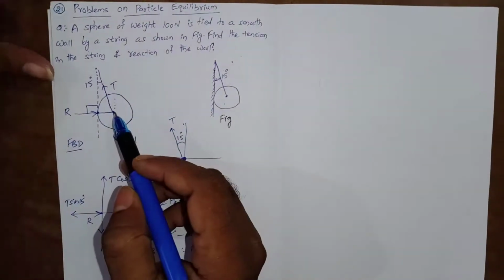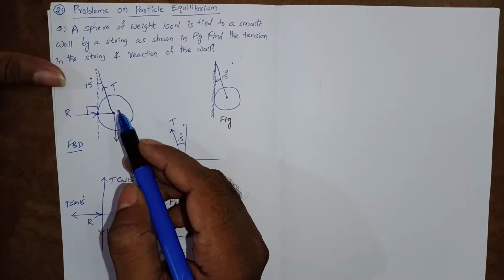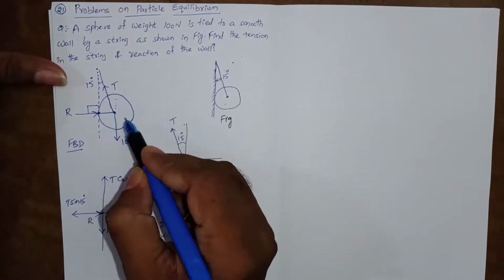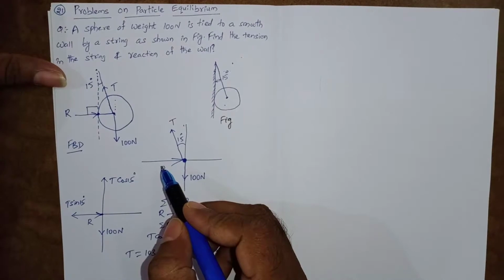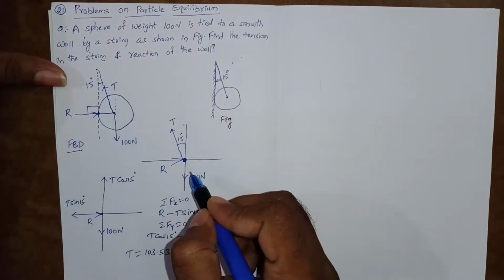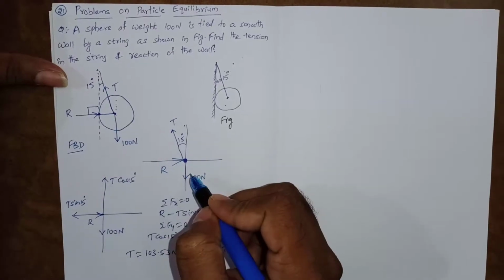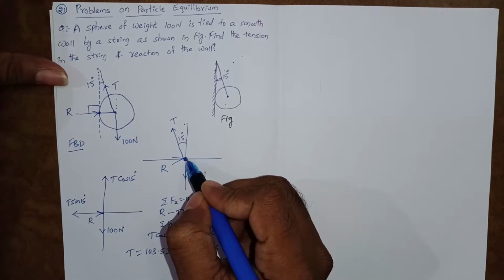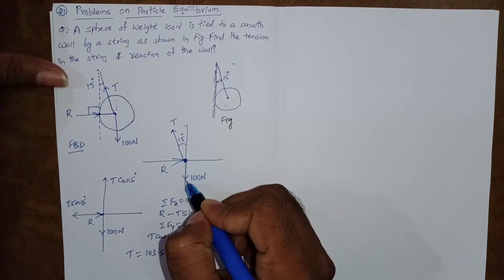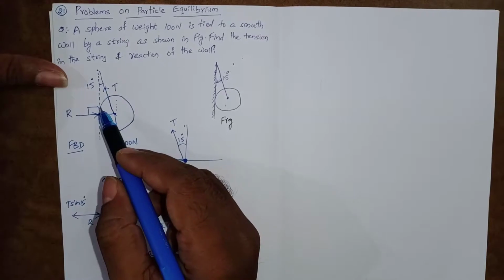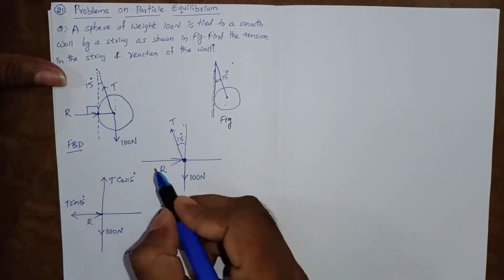As there are no dimensions given for the sphere in the problem, we can assume this sphere as a point object, like shown here, and then we can show all these forces, which simplifies like this. So here this is the sphere, which is assumed as a point object, and its weight is acting vertically downward, 100 newton, and we have assumed that the normal reaction force exerted by the vertical wall is in this direction,